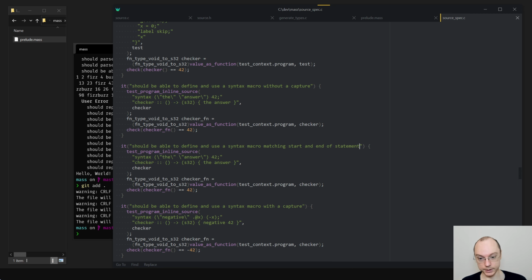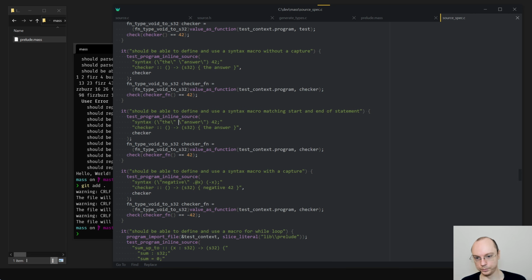The test for this is going to be very tricky. So it should go something like this. We say foo, that is going to be start and end match, right? And that would be 42.